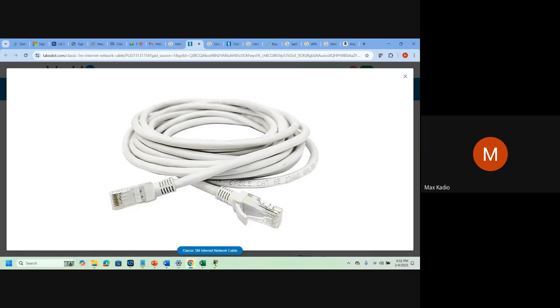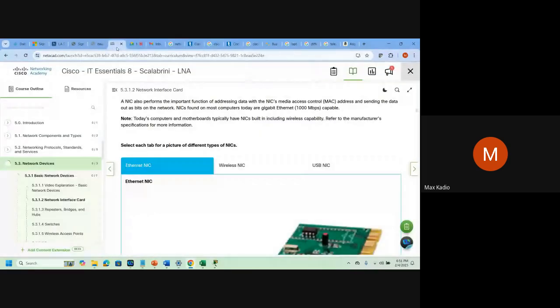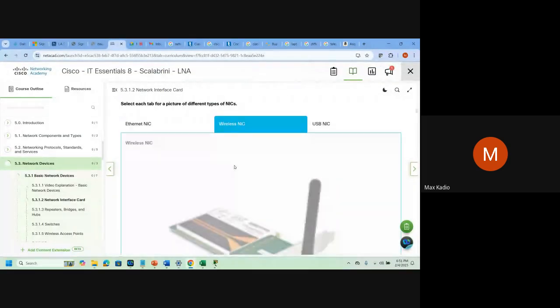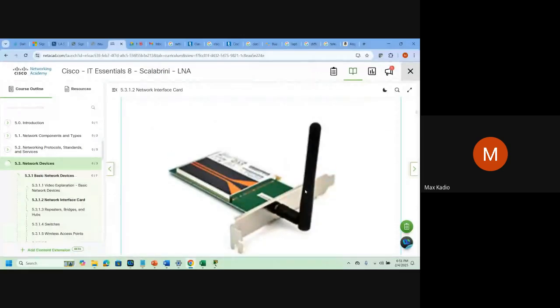You have many things inside. We studied that at the CCNA level. So Ethernet is for the network cable, you can also get a wireless interface card. But nowadays, everything is ready in your laptop. Everything's ready in your PC. For PCs, you need to buy one if you want to have Wi-Fi.